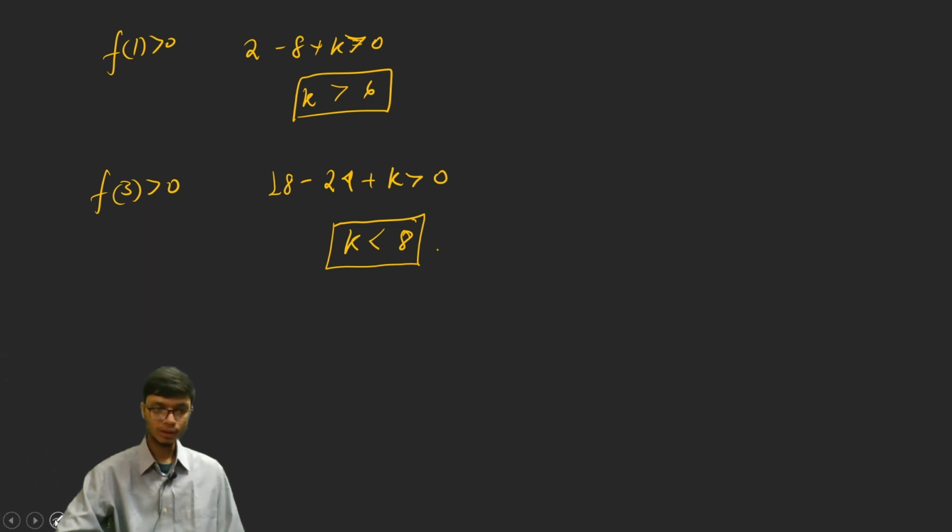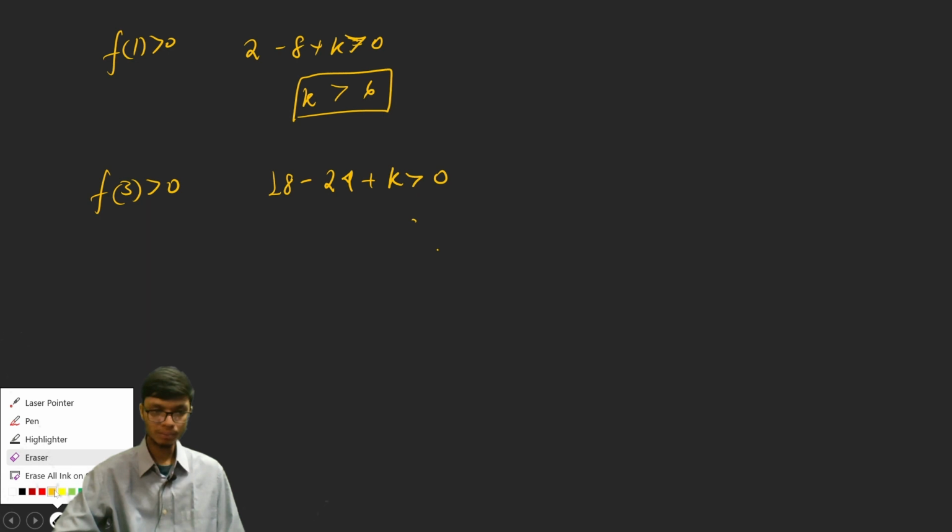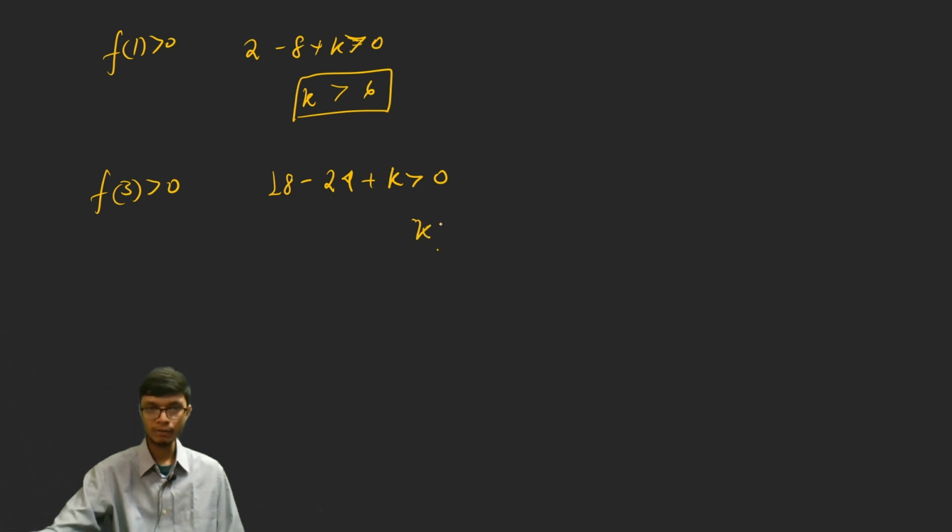Sorry, k should be not less than... Why am I making mistakes? Okay, this is again the same thing that you will encounter, that is k should be greater than 6. So this is the first condition, and this is the second condition, and similarly the third condition, that is